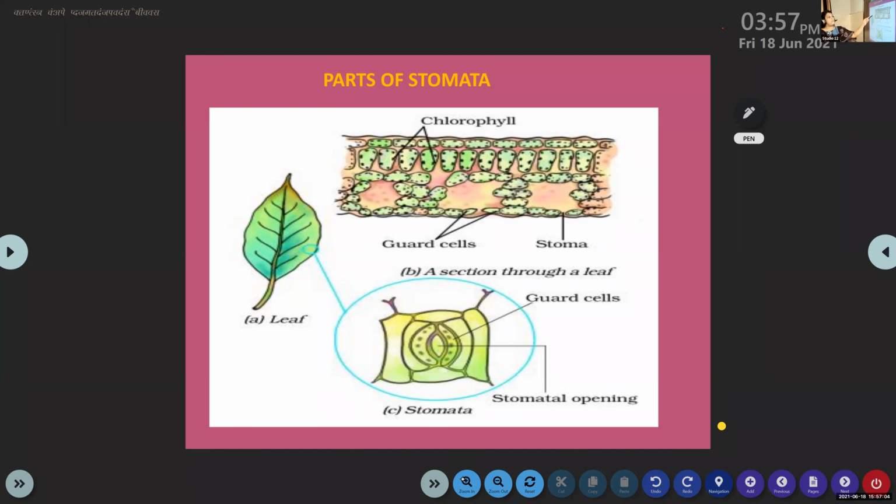Through the microscope you will be able to see it like that, and the green pigment on the leaf is known as chlorophyll. Chlorophyll is the one which gives color to green plants. That green color is given by the chlorophyll. And this is stomata. One single stomata is one single cell. This is the one cell we have opened and shown here.